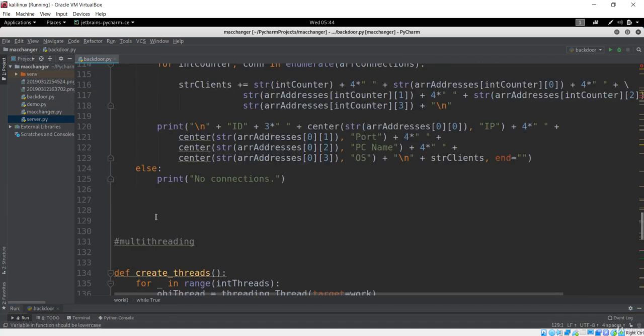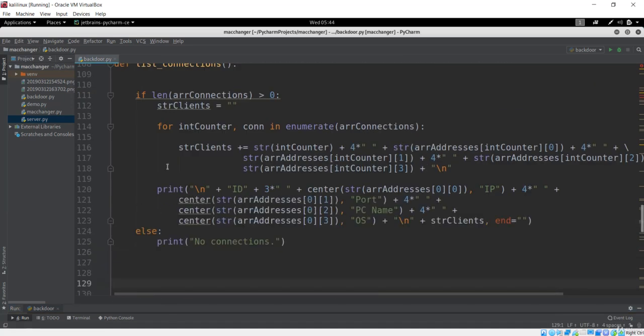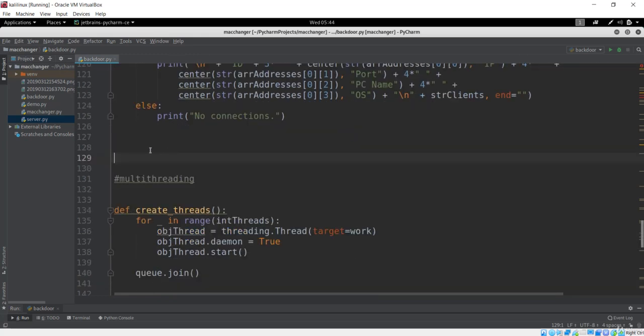Let me go here, and this was the process to list the connection. After we list the connection, let me define the method which will get that connection, or basically handle the interaction with the connection. For that I'll say select connection, which is going to interact with that client. I'm going to pass here the connection ID, which refers to the fact that we may have different clients connected to the server, so we specify that we are interacting with one particular client at a time.